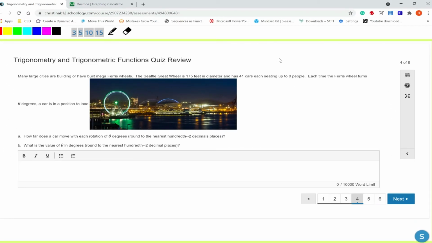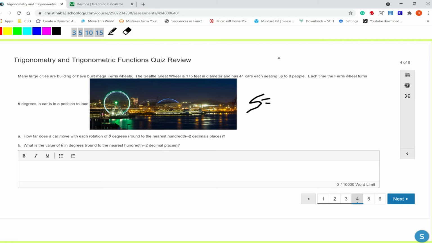Question 4. Many large cities are building or have built mega Ferris wheels. The Seattle Great Wheel is 175 foot in diameter and has 41 cars seating up to 8 people. Each time the Ferris wheel turns theta degrees, a car is in position to load. How far does a car move with each rotation of theta degrees, rounded to the nearest hundredth, or 2 decimal places? So our equation is just going to be